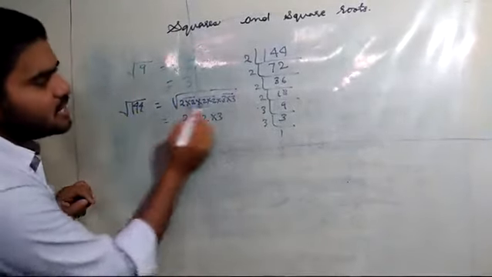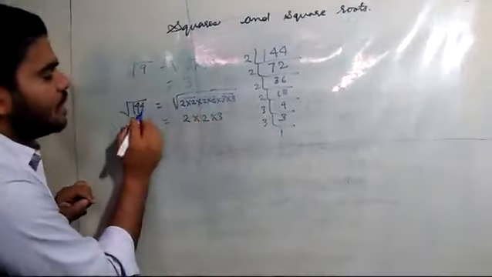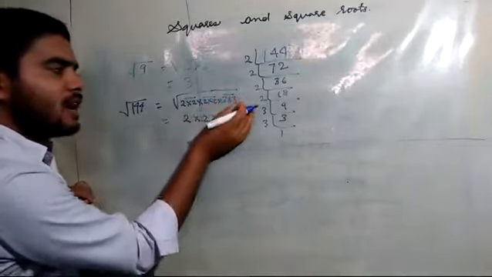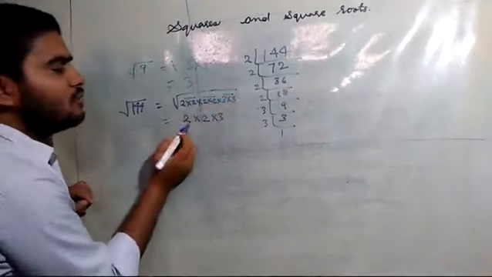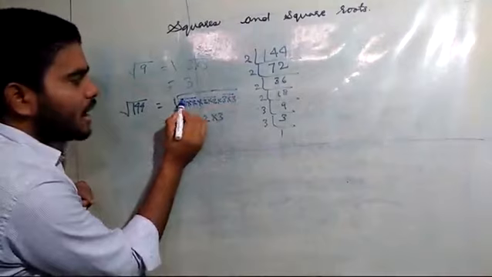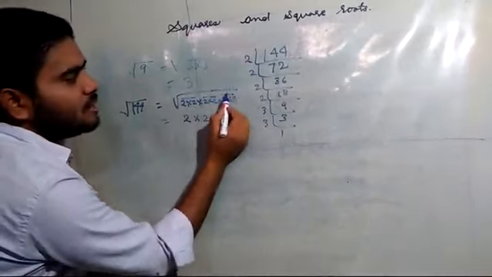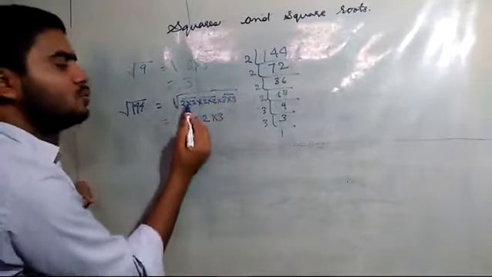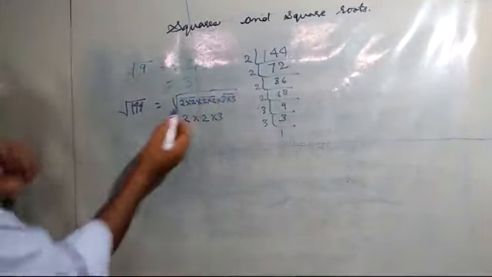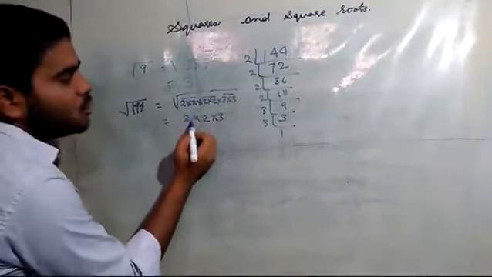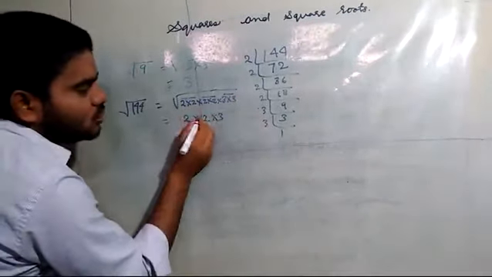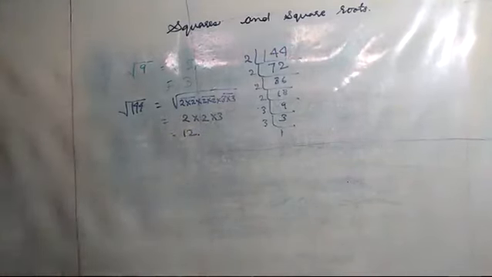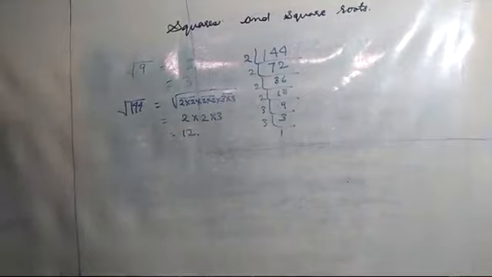Observe this, the first line is same as it is, we have done the prime factorization of 144. After doing the prime factorization of 144, what we are doing, we are making pairs of two similar numbers, 3 3 one pair, 2 2 one pair, 2 2 again one pair. Now for each pair we are taking out one number, 2 2 3. Now multiply: 2 2s are 4, 4 3s are 12. So this is our answer. So the square root of 144 will be 12.